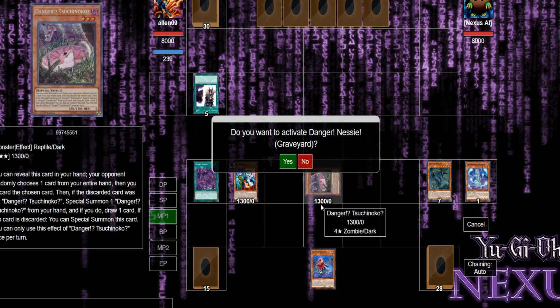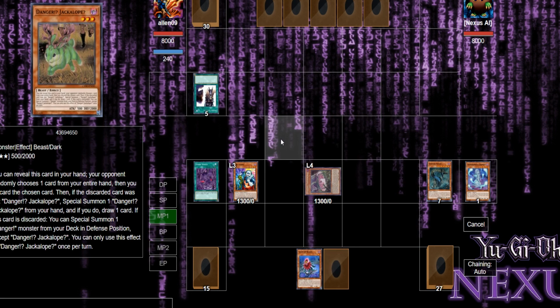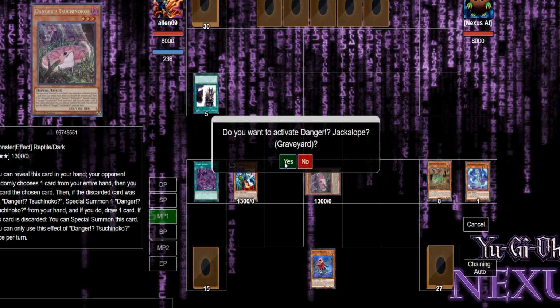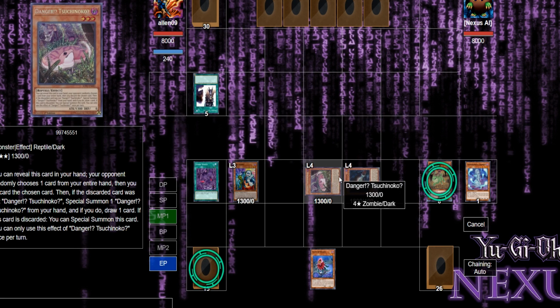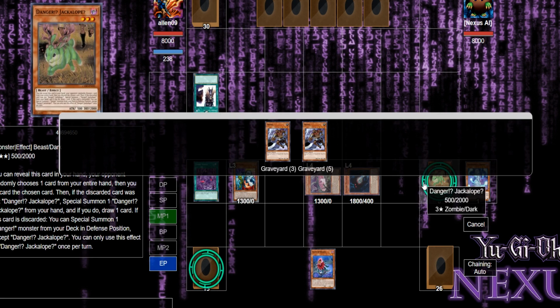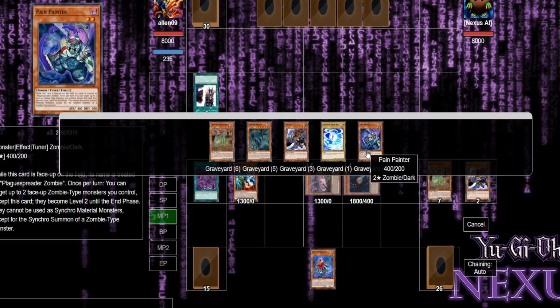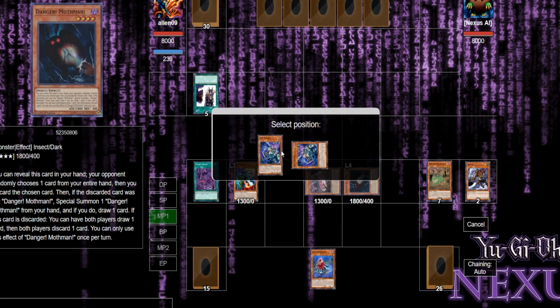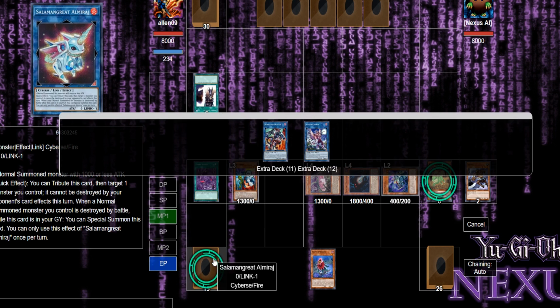We get it discarded by the computer, and we get to add a Jackalope, which we will special summon, or no, we'll get it discarded also. Jeez. And we're going to special summon the Mothman. Then we're going to activate the effect of Mizuki to special summon the Pain Painter. We now have 4 monsters on the field, and we can make our Link monster at this point by using